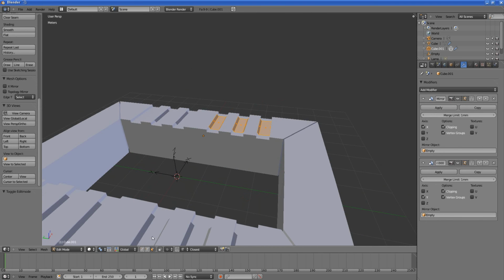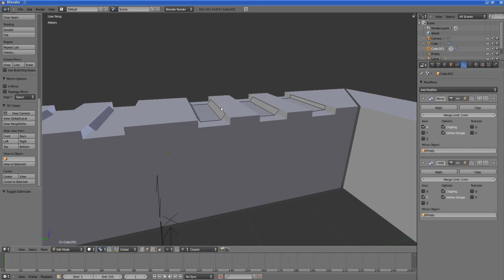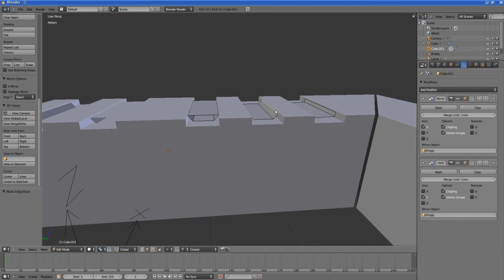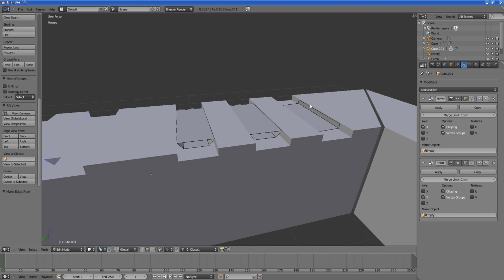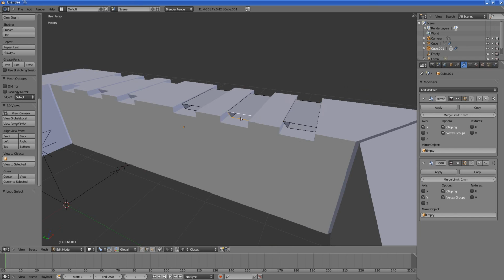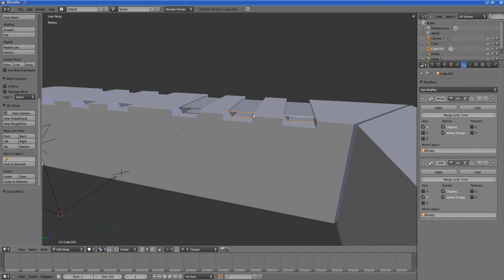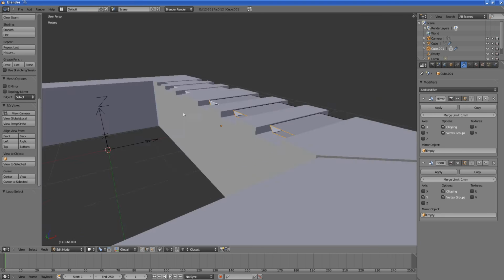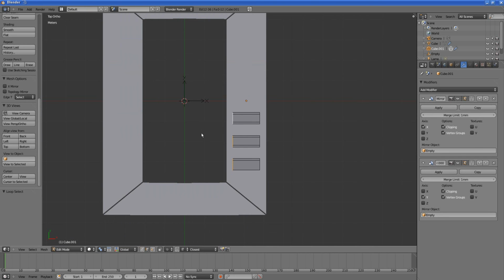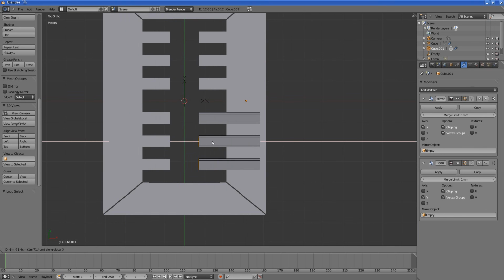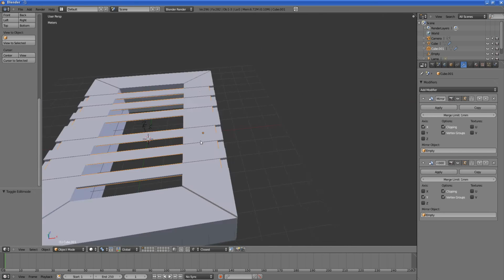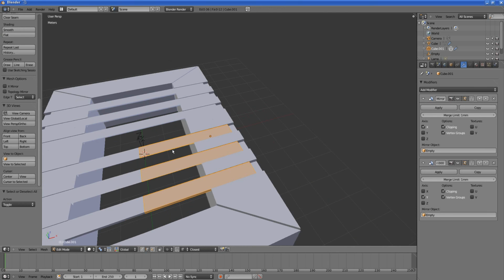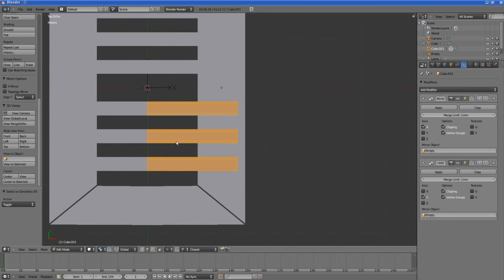Switch to the edge mode. Okay, F. So alt right click to select these loops and alt shift right click to multiple select these loops. Go to the top view, ortho, and just move it, G and X. There you go. And I can select all of these, top view, ortho, and